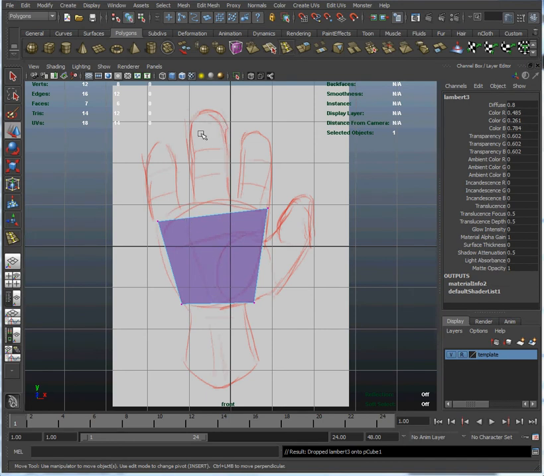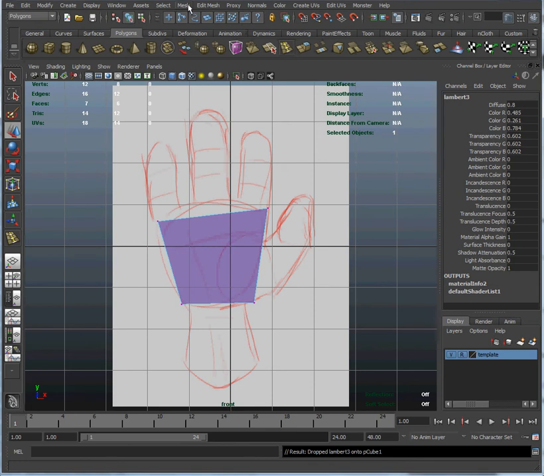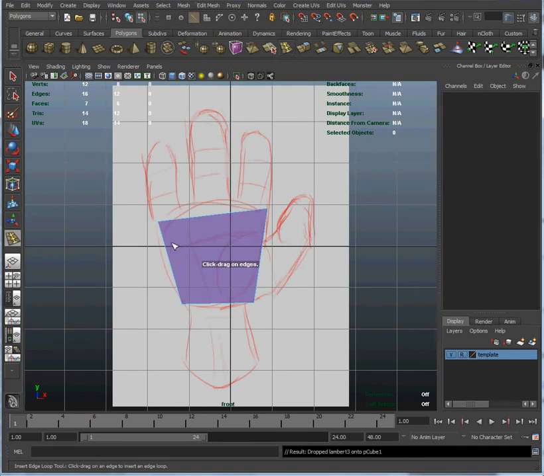And we're going to do that by using the edge loop tool. Now, I've added it to my toolbar up here, but if you want to do it through the Maya menu, you can also select Edit Mesh, come down to, where is it? It's in here. Yeah, you get used to using the shelf after a while. There it is, Insert Edge Loop tool right there. Okay, and now what we're going to do is select the edge here,